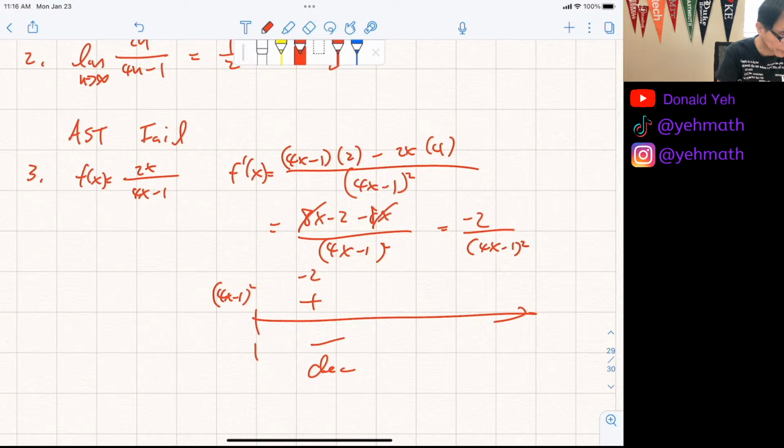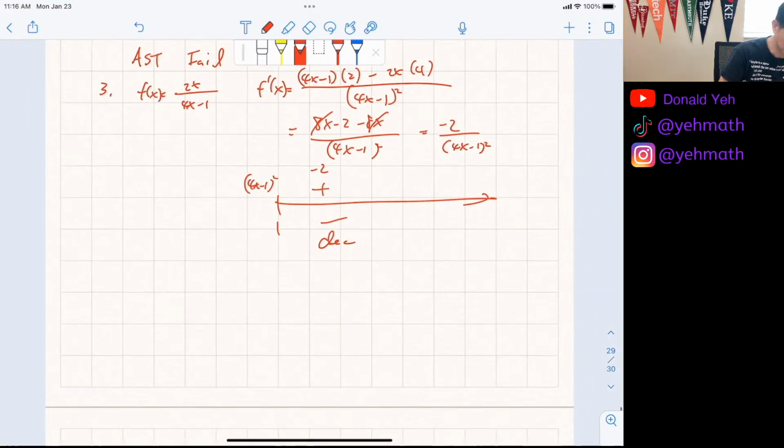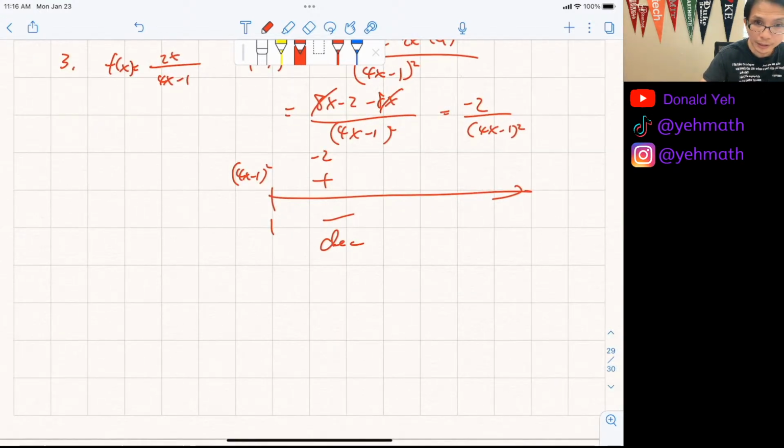Any questions here? Okay, so I'll give you another one, but the next one is a little bit more tricky. So this one is actually called